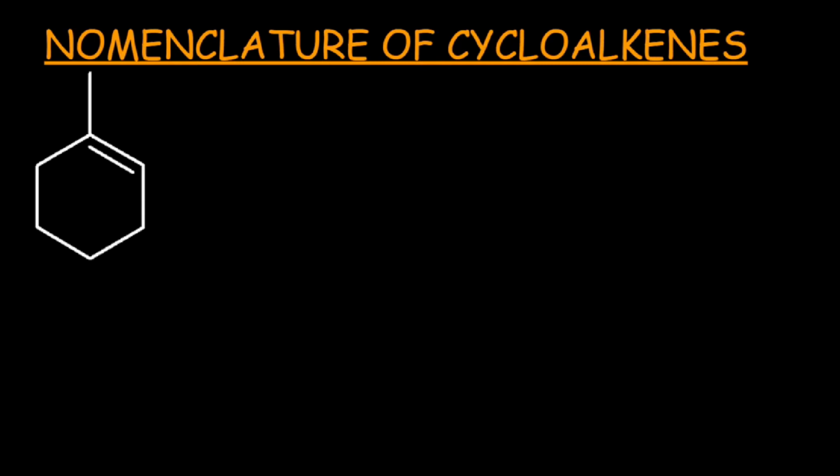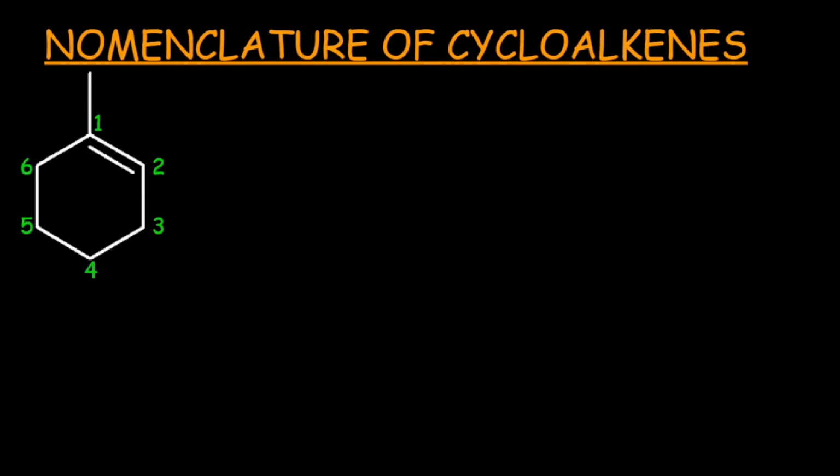This is a six-membered ring having one olefinic bond and one substituent in the form of a methyl group. The basic IUPAC rules for naming cycloalkenes are the same as those we use for naming acyclic alkenes. Firstly, you have to select the heading part. In this case, the heading part is just a cyclic ring. After selecting the heading part, locate the lowest locant for the substituent and the lowest locant for the double bond. In this case, you have to prefer the double bond first and then locate the lowest locant for the substituent. So start the numbering of the heading part 1, 2, 3, 4, 5 and 6.